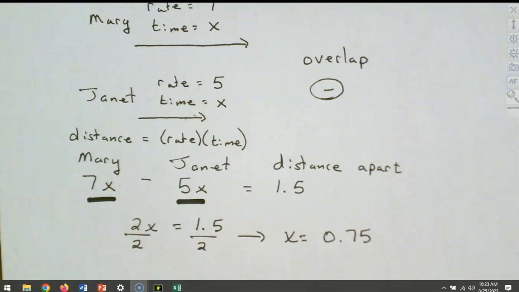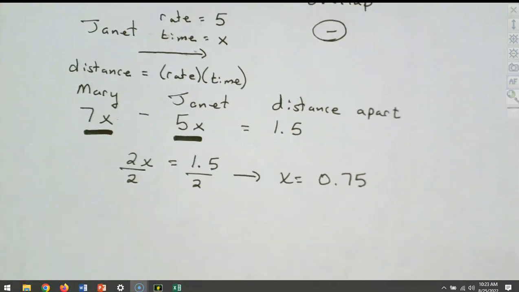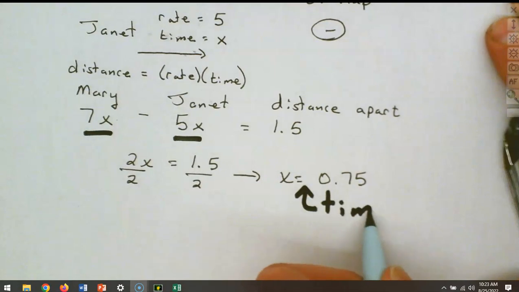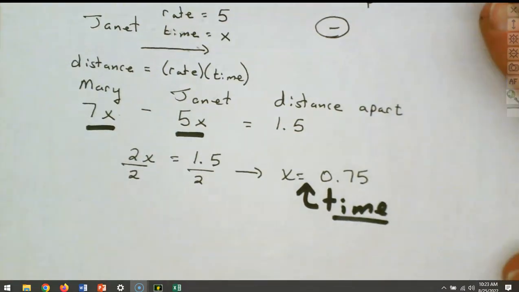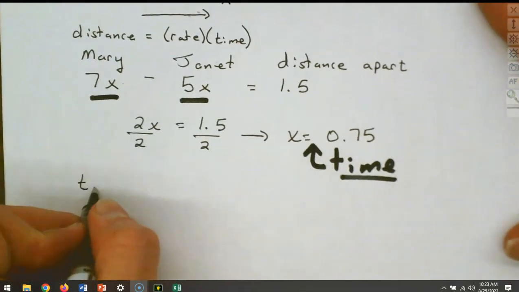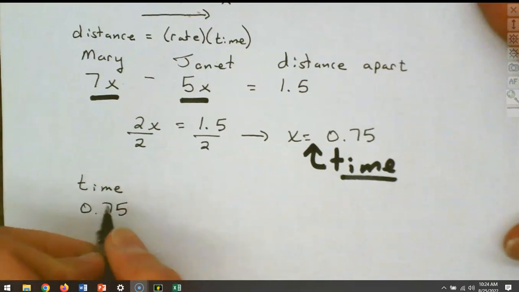Is that going to answer it for us? Okay. What does x represent? Let's make sure we know what x is. X is the time. Is that what we want? Yes, it is. So how do we answer this question then? X is what we want. We want to know what the time will be. So the time then is 0.75 hours